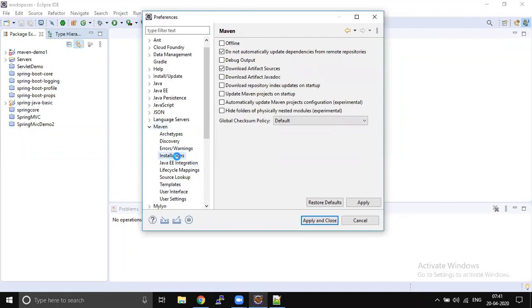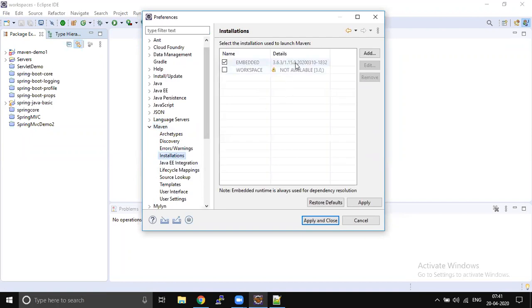This is the place where we will have the complete configuration with respect to the Eclipse I am using. So where exactly is the installation present? The installation is present here. Right now I am using Maven version 3.6.3, which is embedded. There is another option also available. If you don't like to use the embedded version, you can use a standalone installation. But most probably we don't need this. In very rare cases, we go for a specific Maven version. Then you have to uncheck this, check this, and select the exact path where you installed Maven.